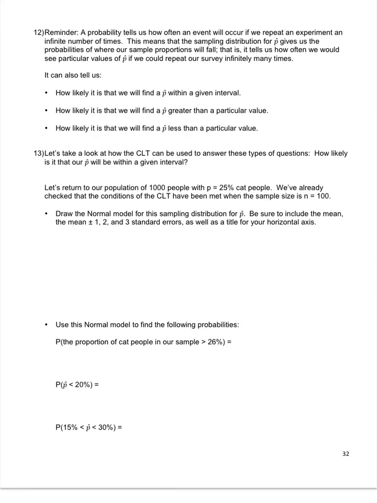All right, so 12, a reminder. Probability tells us how often an event will occur if we repeat an experiment an infinite number of times. This means that the sampling distribution for p hat gives us the probabilities of where our sample proportions will fall. That is, it tells us how often we would see particular values of p hat if we could repeat our